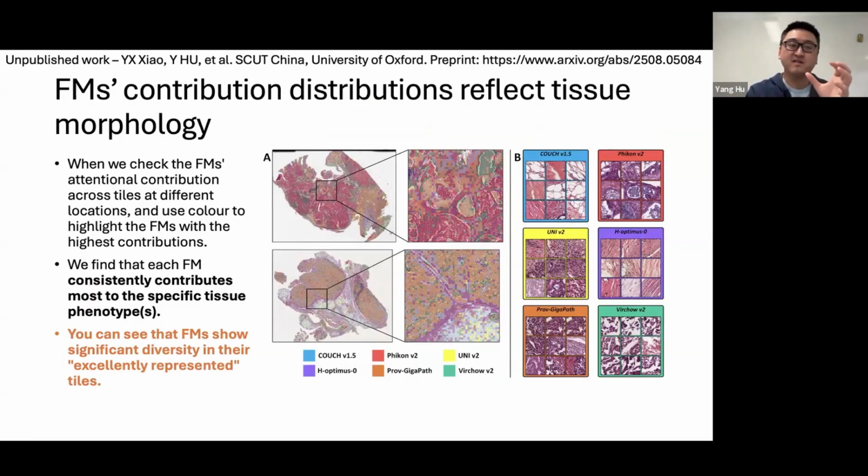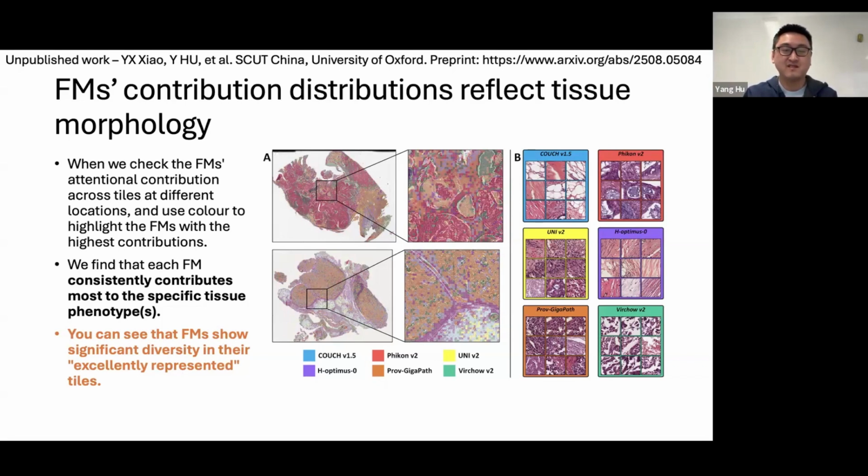We find that a foundation model will consistently contribute most to specific tissue phenotypes. So based on these observations, we can conclude